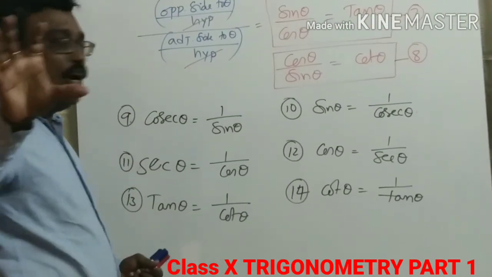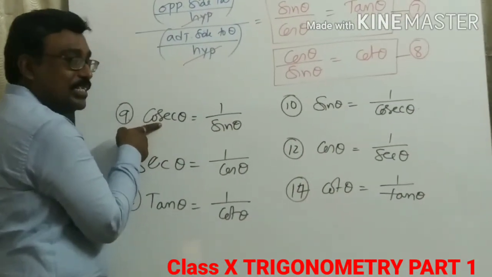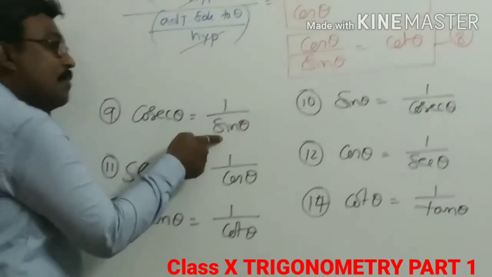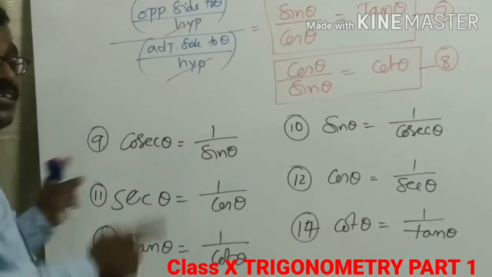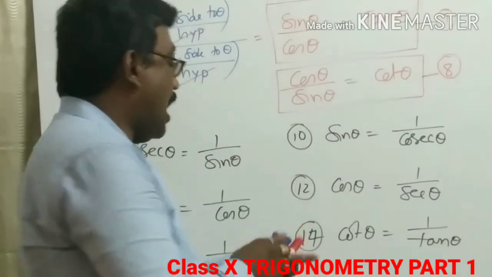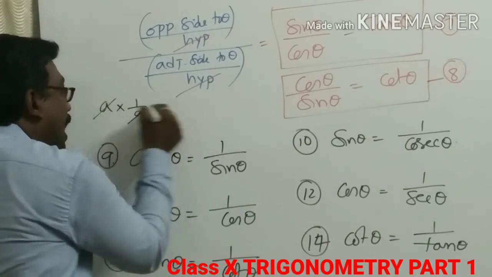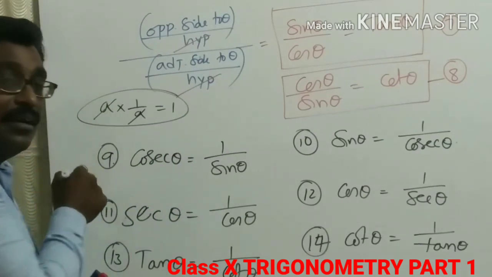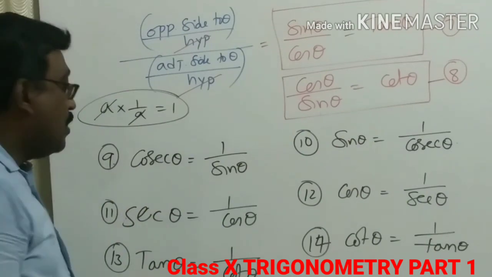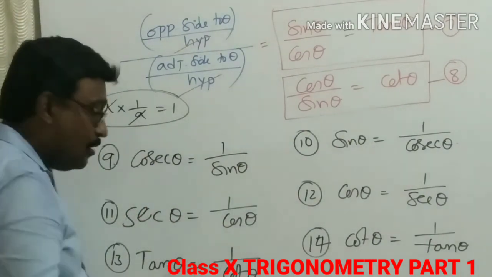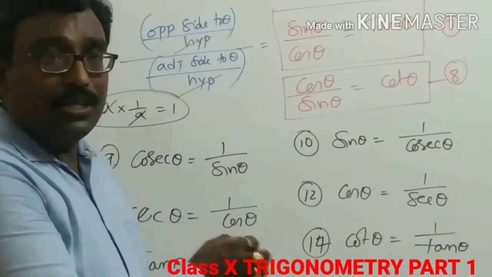Now here if you observe one thing, if it is in the denominator, it comes to this side as multiplication. Division transferred to this side becomes multiplication. So sine into cosecant value is 1, because one is reciprocal to another. If A's reciprocal is 1 by A, if you multiply, you will get 1. So we can write sine into cosecant is 1, secant into cos is 1, tan into cot is 1, because they are reciprocal to each other.